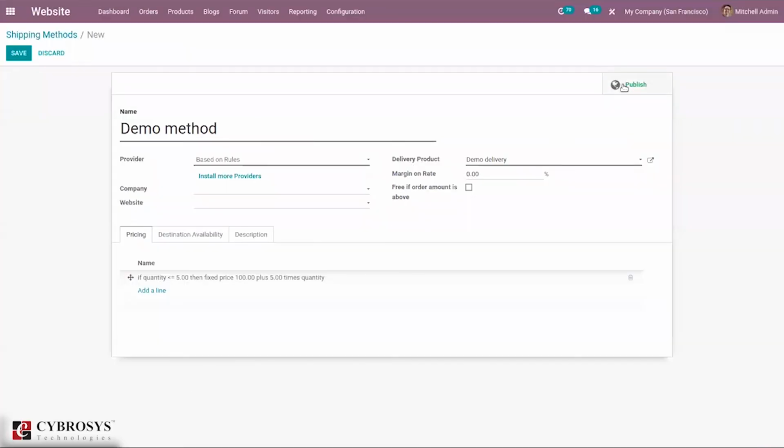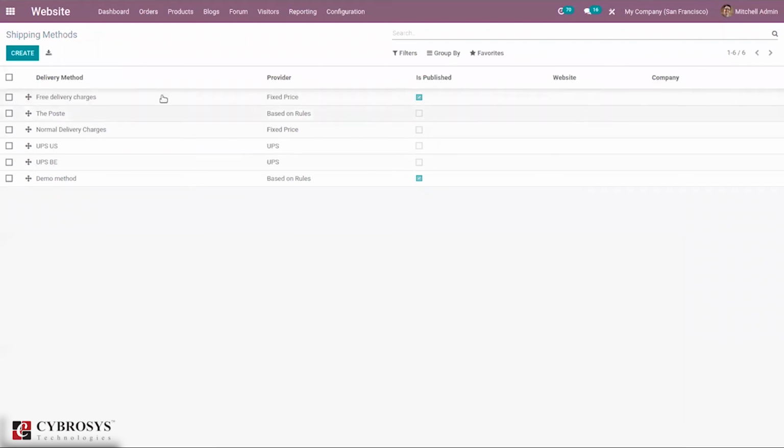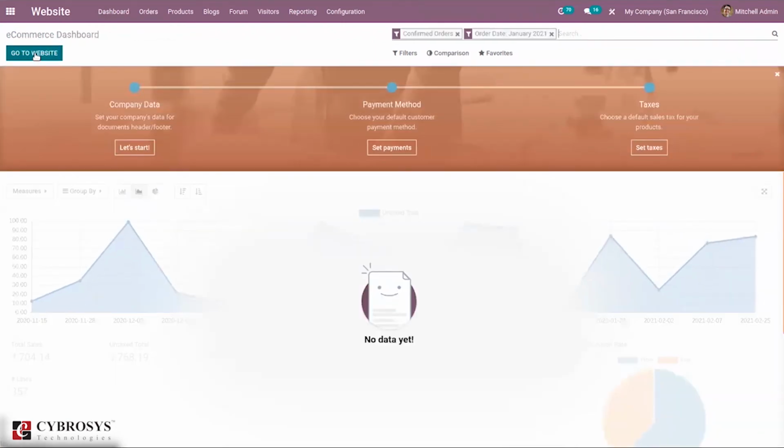Save this. So it is not published, just publish this. I'm not providing any margin rate or free amount. So they are configured. Now let's go to our e-commerce dashboard, and from there let's go to the website.